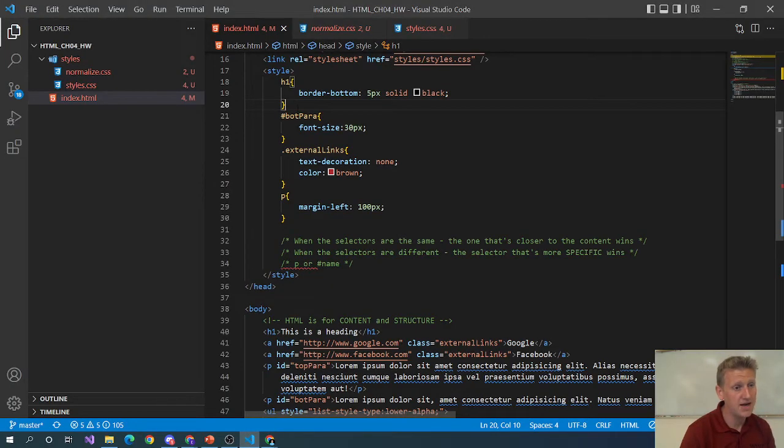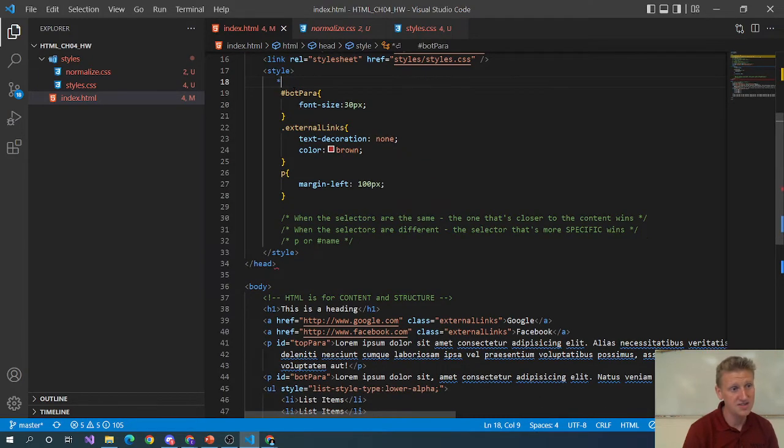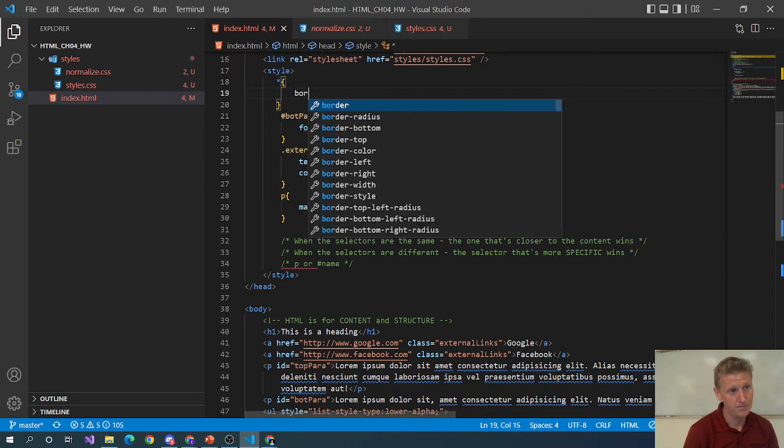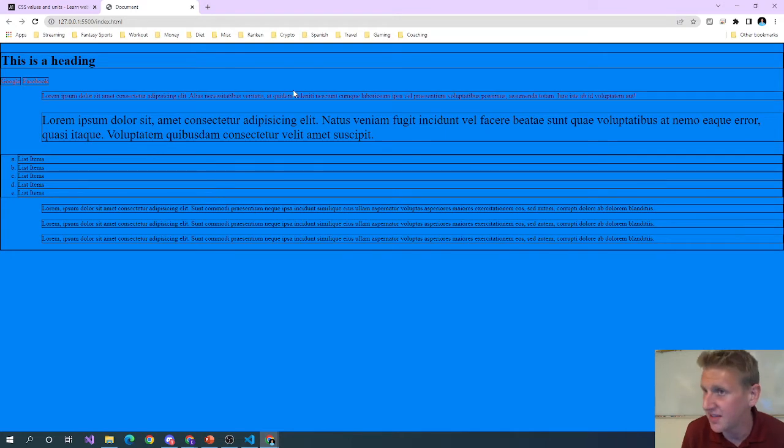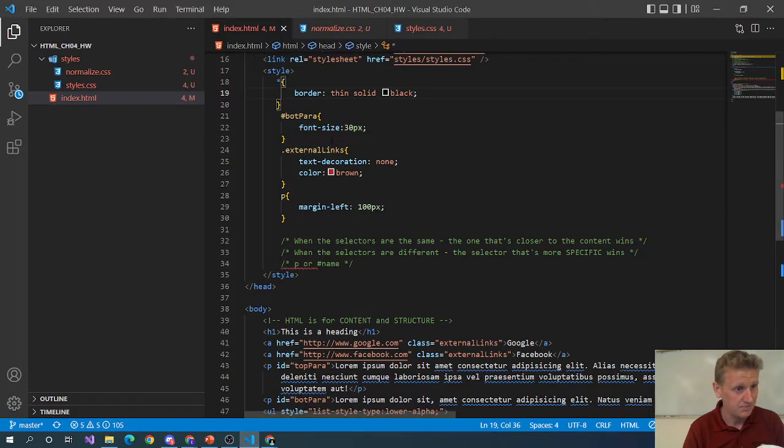It's also really good to see borders, because when we start seeing the borders that are around all of our elements, we can start to understand how to move these things around, right? For those of you who did the lab in chapter 3, you might have studied the box model. To understand the box model, you have to understand that everything on a web page is just a bunch of boxes. And to see the boxes, you have to turn the borders on. The way to turn the borders on is with this border property,